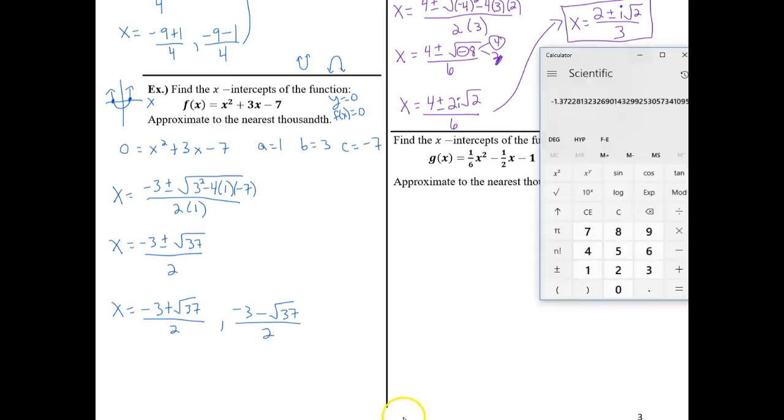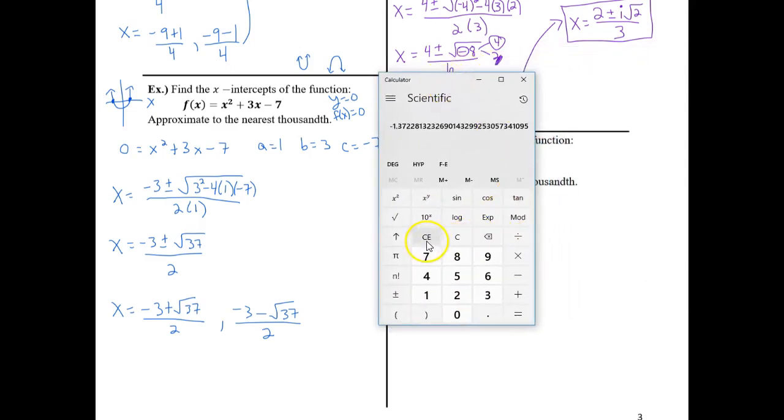Alright, let's go ahead and pull up a calculator here so you can see it. I'm going to start with the radical because this is a computer calculator. It's easier that way. So 37, and take the square root of that, and I'm going to add 3 that is negative. So that's the numerator. Negative 3 plus that square root of 37. Divide it by 2,